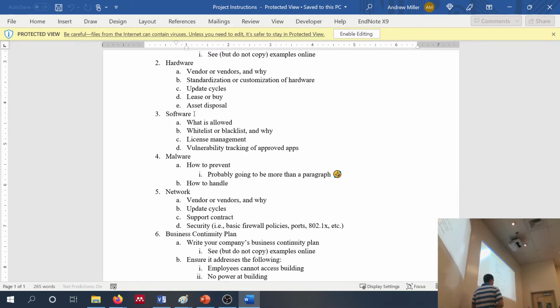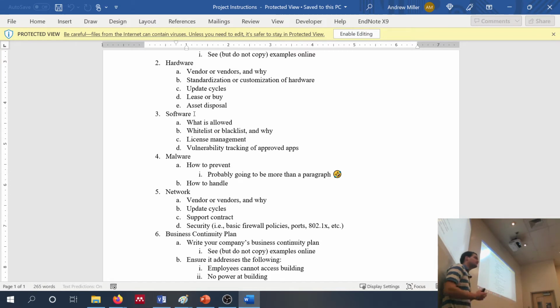Then you're going to discuss whether you're going to allow for customization of hardware. Are you going to have one model and everyone has the same model? What are the advantages to that? Does it make support costs a lot lower? Yeah. What about customization? Does everyone need the same thing? They probably don't. So could you make an argument that you can get lower end models for most people, and then for the people who need higher end models, you might save money that way? Sure. So you're making that argument there. Does that make sense?